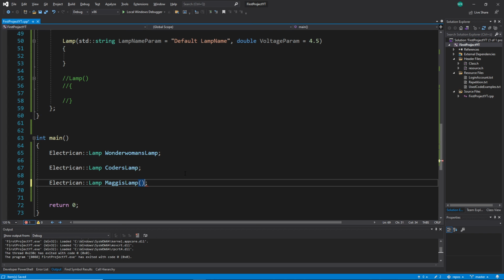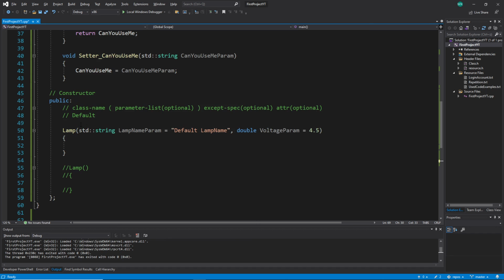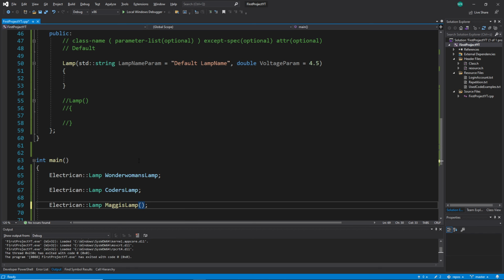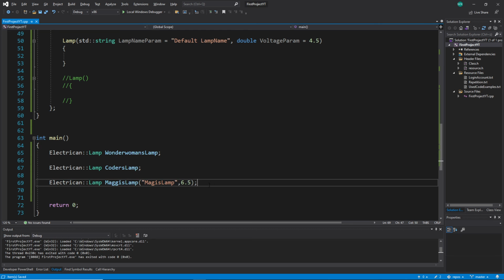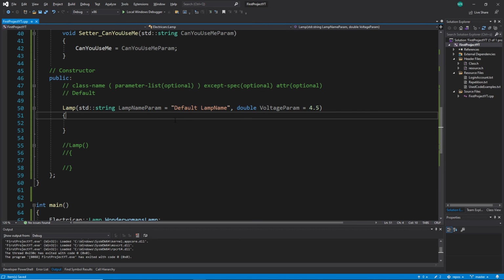And now you can do something like that. Of course, you can call this thing here with values. For example, I need a string and I need a voltage. Okay, but it's doing nothing. But anyway, I still can call it. Let's call it Maggie's lamp. Of course, I have to use Maggie's lamp and 6.5. All right, and you can see this would be a call for a default constructor like this one,